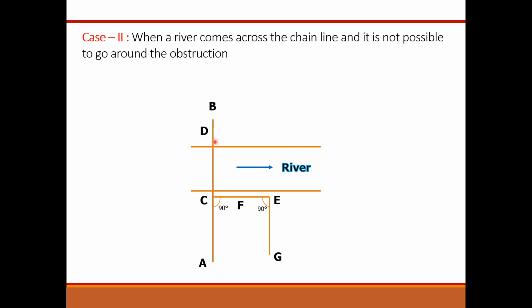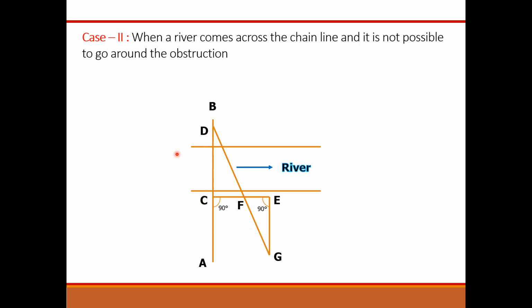And you will see all these three ranging rods placed at points D, F, G in the same alignment by the process called ranging. Now we have just drawn the two similar right triangles. These are similar triangles because we have already bisected the line CE, which means CF is equal to EF. Both having 90-degree angle, or in other words, we can say that EG is exactly equal to CD.